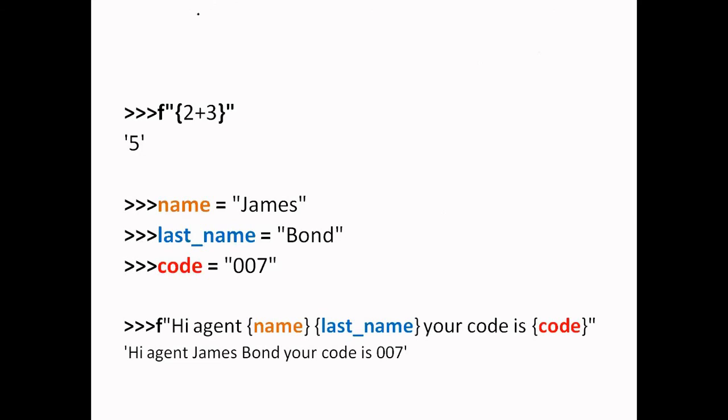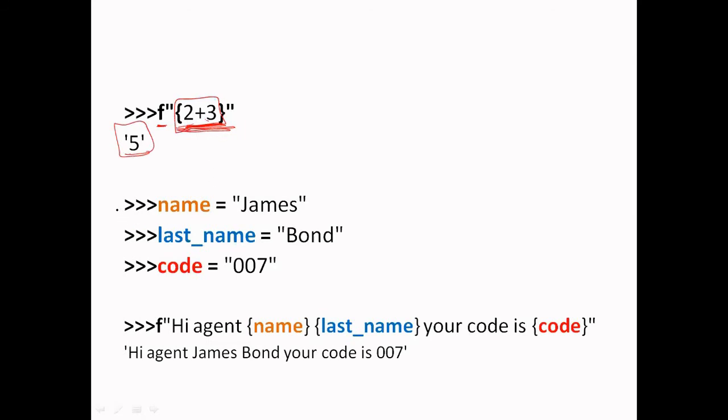Let's have an example of the f-string method. For writing an f-string, you have to prefix the string with the f character. So I have written f, then inside double quotes I have written braces, and inside these braces I have given an expression. This expression will be evaluated first. So this 2 plus 3 is evaluated to 5, and then this will be replaced by 5. So the answer is the string 5 at runtime.